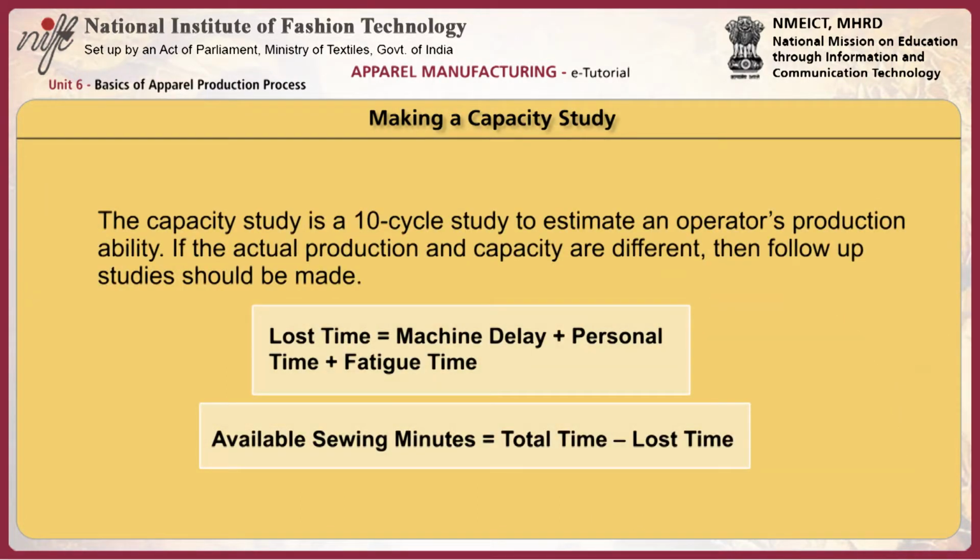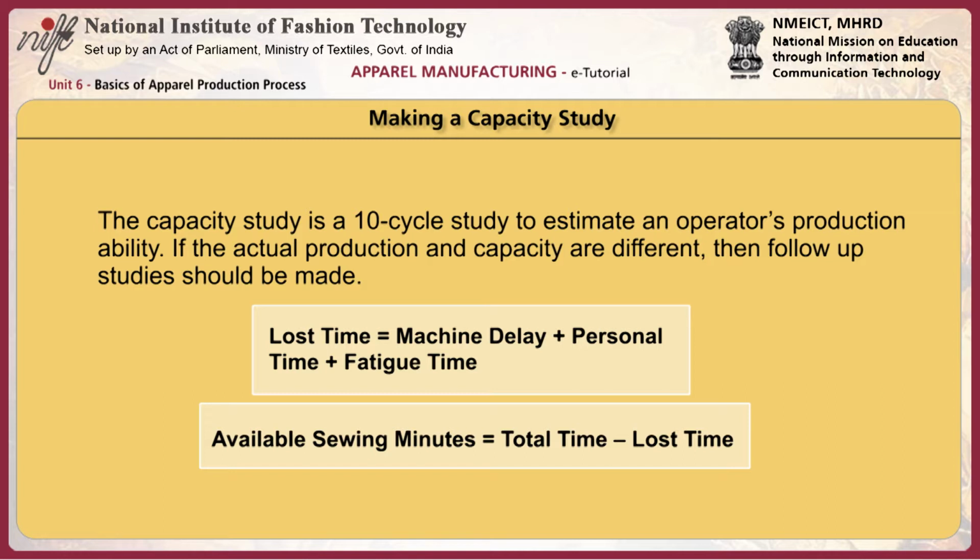The capacity study is a 10-cycle study to estimate an operator's production ability. If the actual production and capacity are different, then follow-up studies should be made. During the capacity study, the operator's average time per cycle to perform her operation is determined. We then assume the operator works at this pace all day and takes the full amount of lost time, that